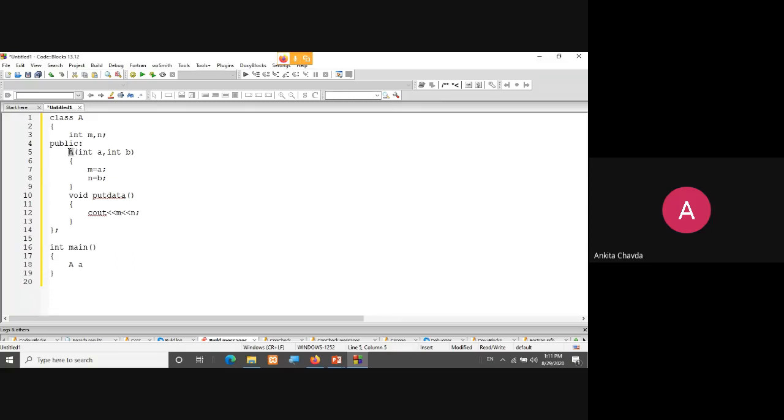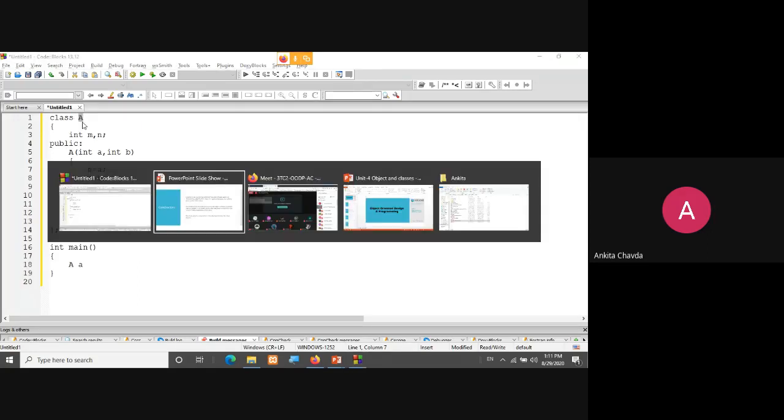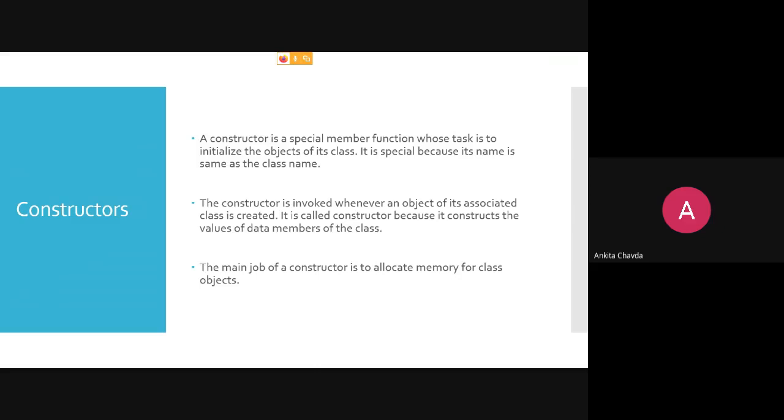The constructor name is very special, same as your class name. Again we will see the theory, and again we will come back to this example only. Fine. So somehow you are getting why it is required. I don't want to explicitly call my functions. Instead, this initialization of my data members, this kind of task I can perform via the constructor. So again we'll see what the constructor is.